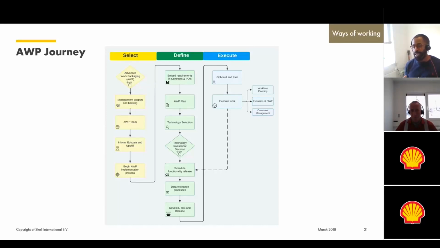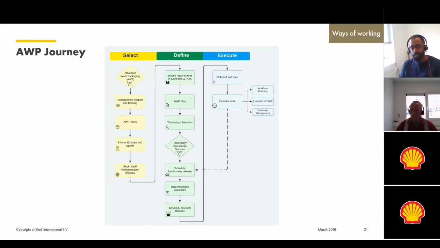Once the AWP team was formed, for the remainder of Select, they were responsible for carrying out 3 key activities. Firstly, a series of workshops and coffee corners, bringing the project team up to speed with AWP and the benefits. Second, working alongside key functions, for example contracts, procurement, and engineering, discussing and agreeing the impact of AWP on their current working methods.